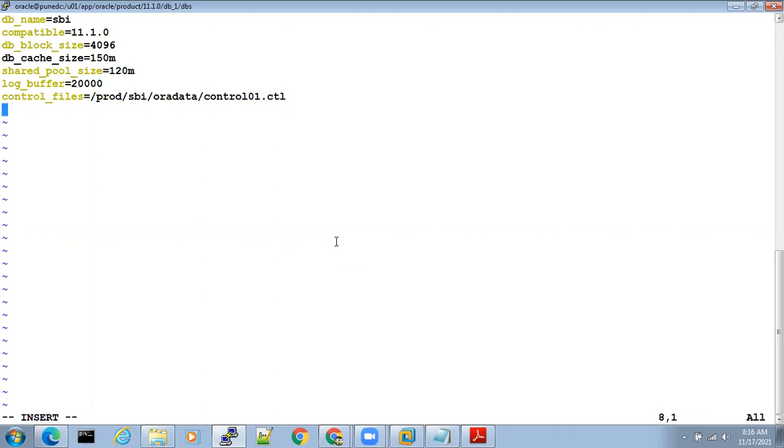Okay, control01.ctl. Next, undo_tablespace is equal to undo tbs. Okay. Undo tbs. Next, undo_management.